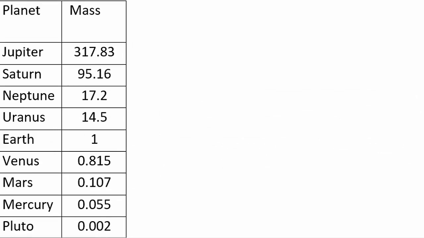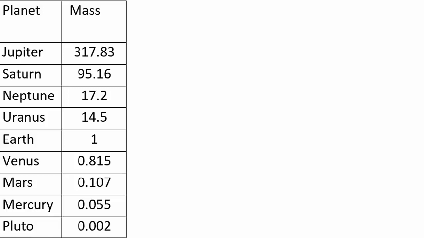First category is the mass. No surprise here. Jupiter is by far the most massive of the planets. Jupiter actually accounts for about 0.10% of the mass in the solar system. The Sun accounts for 99.8%. Half of the remainder is Jupiter. Jupiter has more than twice the mass of all the rest of the planets, and so it's by far the